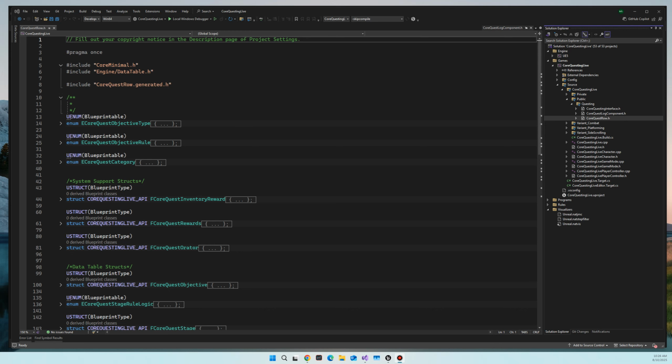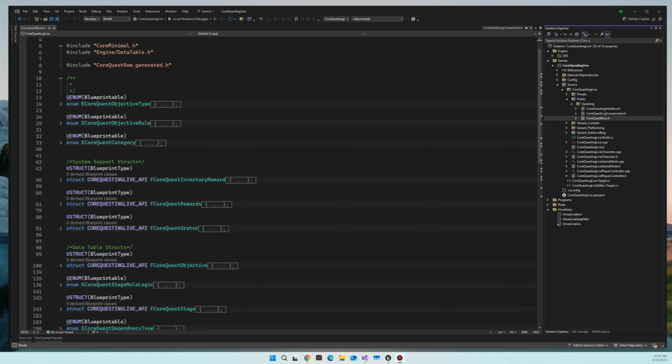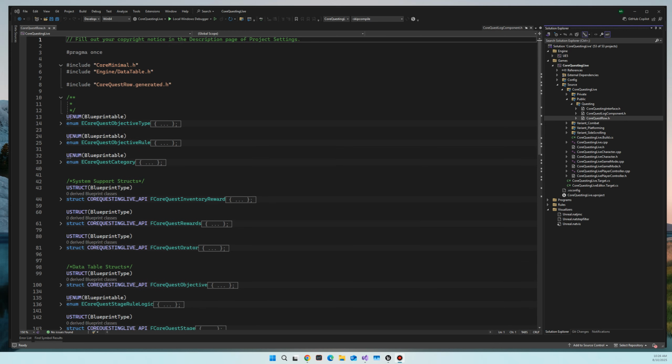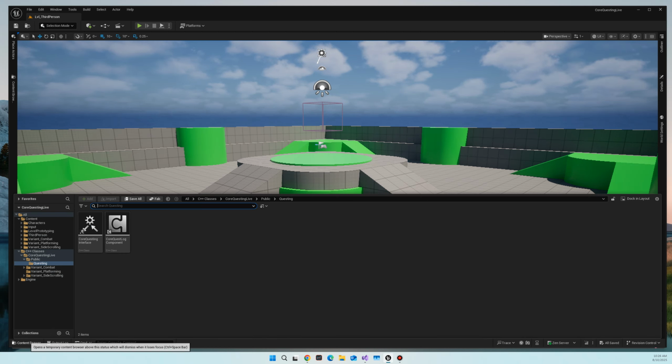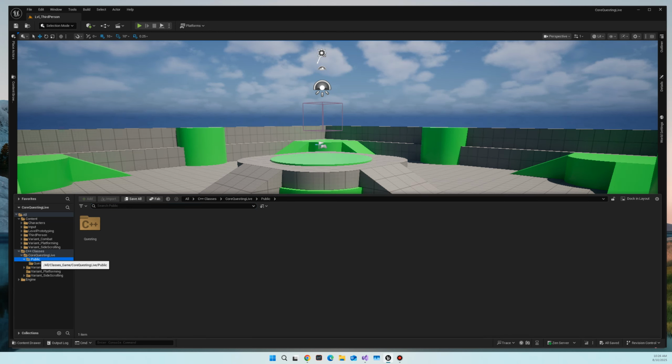So for starters, I'm going to go ahead and build some more structs. These are actually going to be state structs now versus table structs, and so I'm actually going to put them into a new file. So to do that, I'm just going to come back to our solution here, and I'm going to go into the content drawer. I'm going to come down to classes, call it public and questing, and I'm just going to right click and